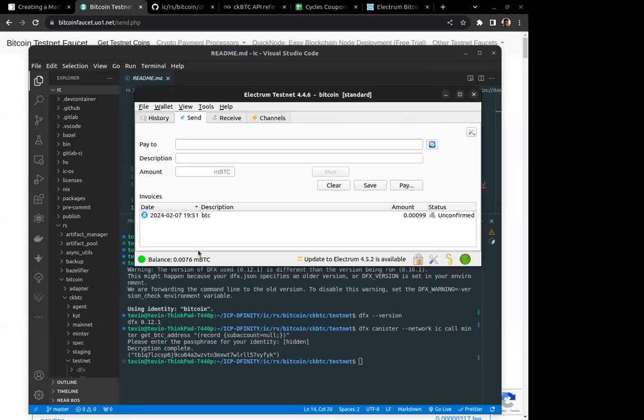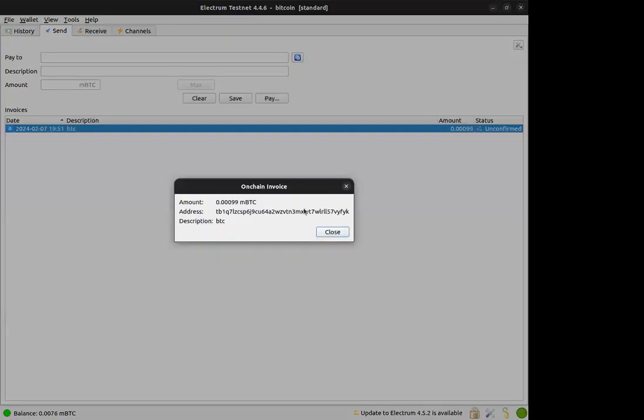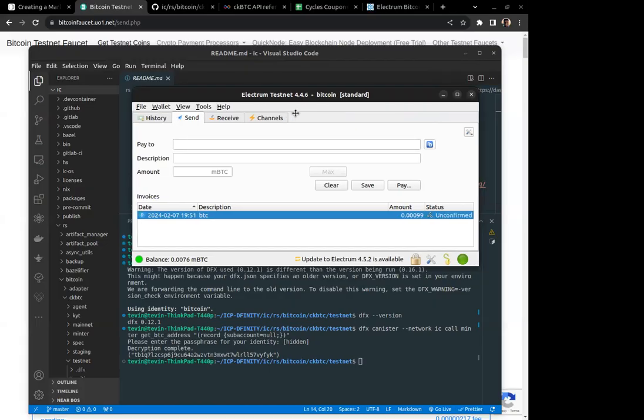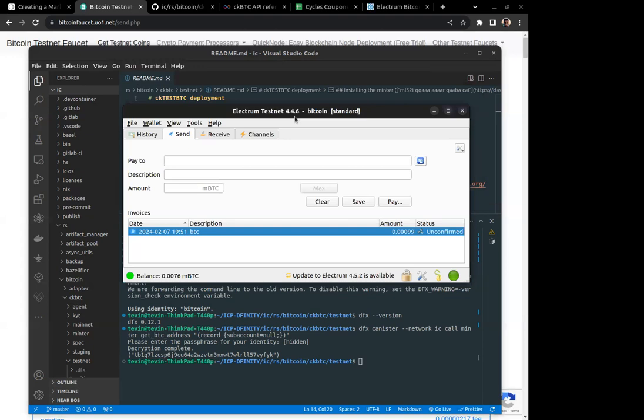Yeah, and this is the balance that we have so far. It's showing me that it's unconfirmed. That means the 0.000099 testnet Bitcoin has not yet reached. If we were sending ICP or CKBTC, it would have reached within a few seconds. But now we have to wait for